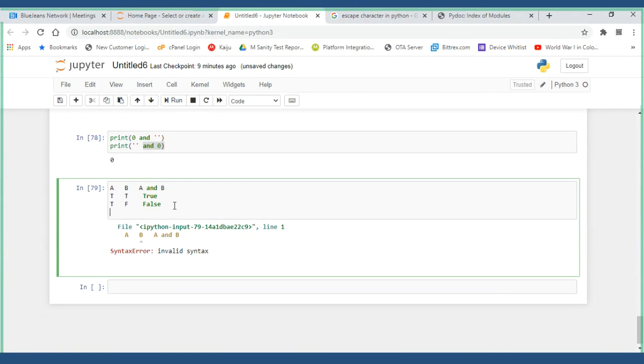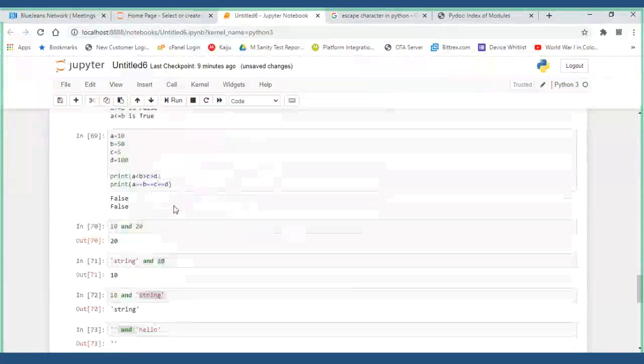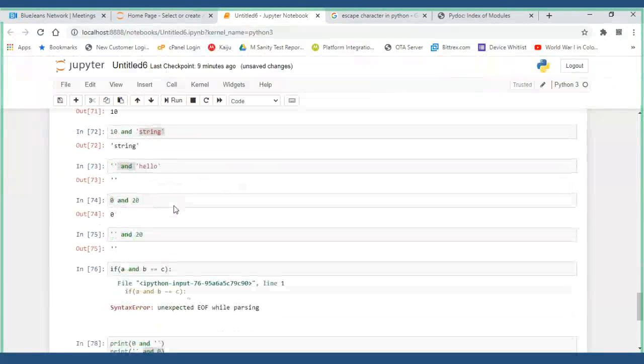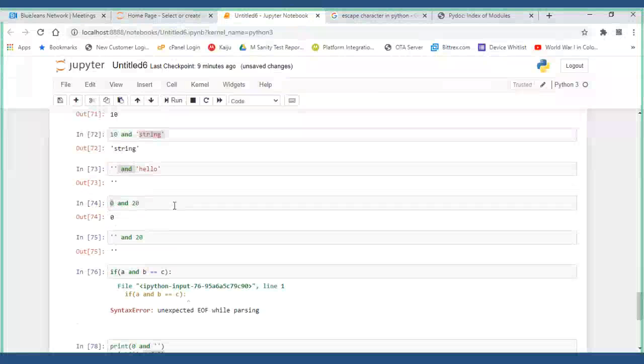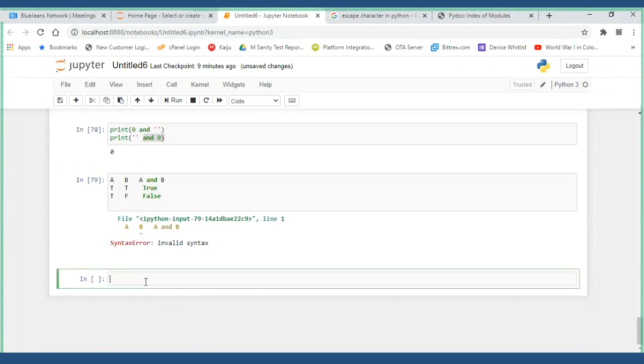True and false, you have false, right? Always, if any one is an empty string, you will get an empty string, right? Correct, right? This is what we observed. If any one is an empty string, you will get this. Okay, let me show you.